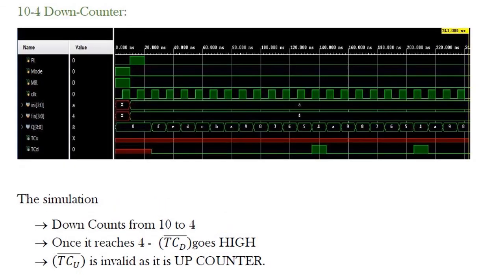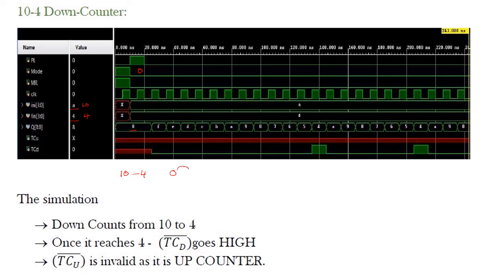This is our second test case, in which we operate our counter in count down mode, which is indicated by mode equal to 0. We make our initial value 10 and the final value 4, so it is a 10 down to 4 counter. Initially, if our count is 0, which is actually not present between 10 and 4, our counter doesn't go to any lockdown state.